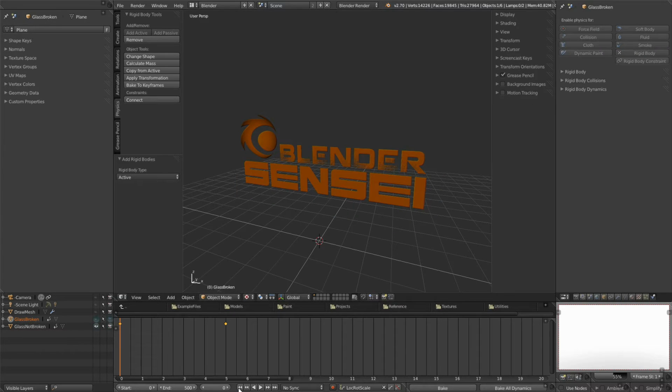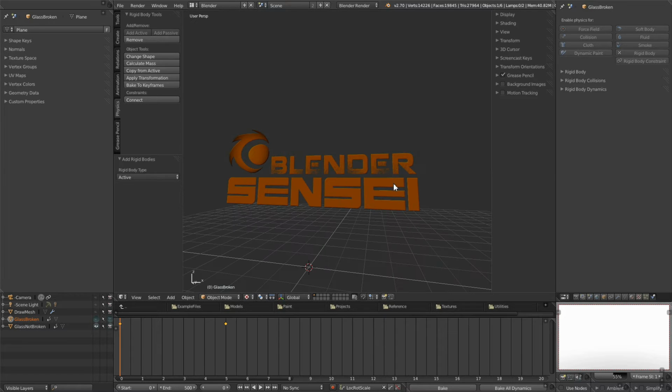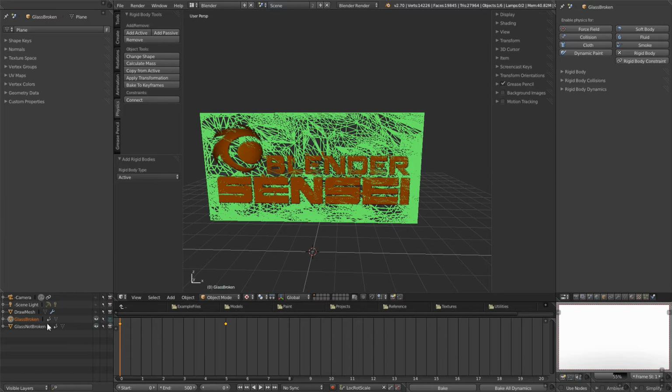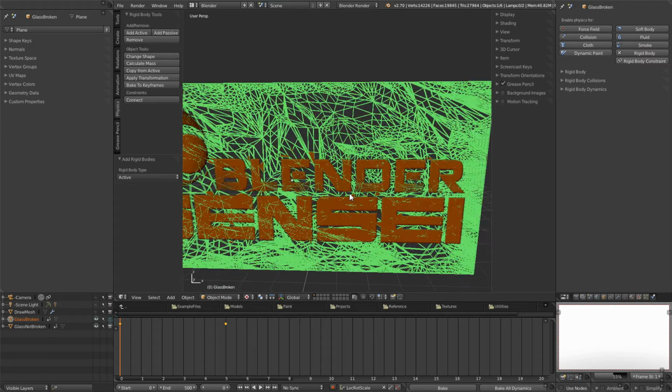Alright, before we separate these, we're going to have to go back to frame 0, send the timeline all the way back. For some reason, when I go to set origin points for multiple objects, if the object has been animated in any way, then those origin points won't set correctly. So we go back to frame 0, and we click on the visibility of the glass broken object temporarily here,